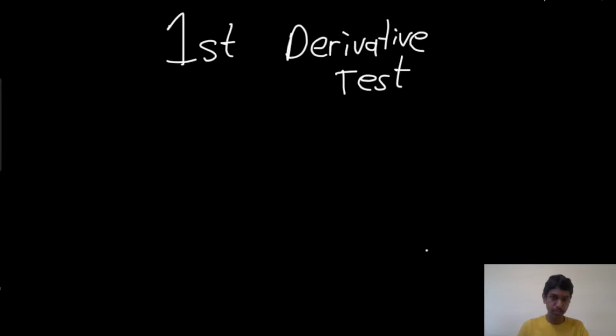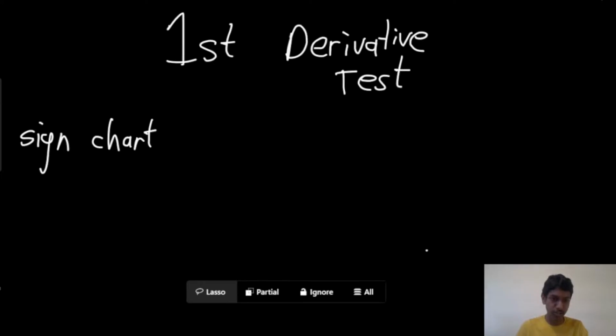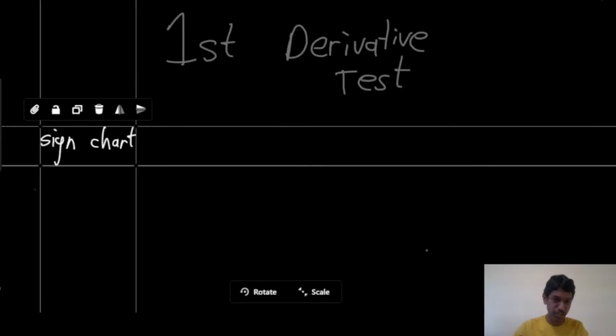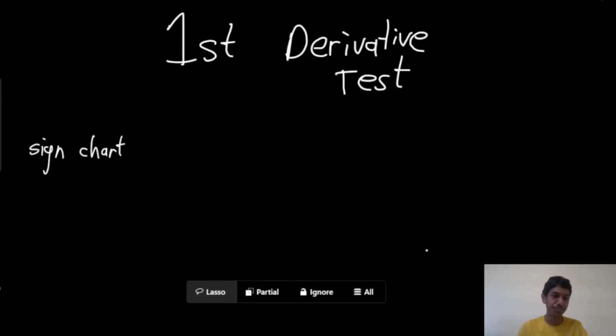Today we're going to be introducing the concept of the first derivative test so that in another video we can solve an AP style problem with it. So before I introduce this idea, I'd like to talk about what exactly people mean when they say a sign chart, because really the heart and soul of this optimization stuff is really going to come from this idea of